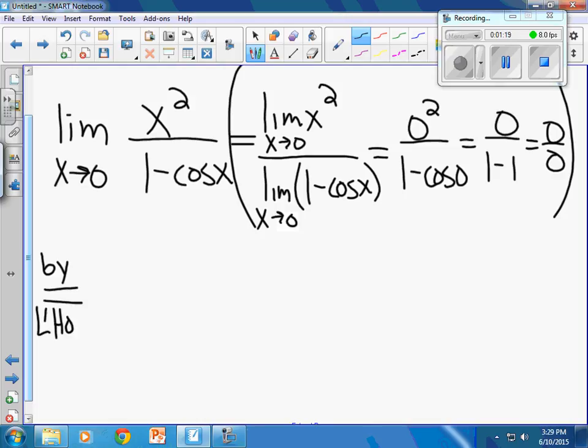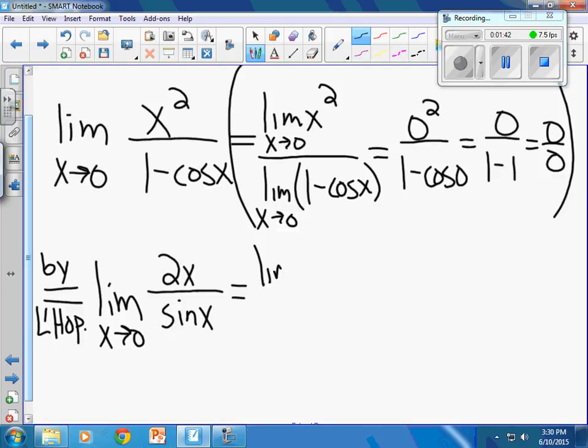X squared and 1 minus cosine of x are both differentiable functions. So we may use L'Hopital's rule. L'Hopital's rule says you take the limit of the derivative of the numerator, in this case 2x, divided by the derivative of the denominator. In this case, that's going to end up being sine of x. Now we try the quotient rule again. So the limit of 2x as x goes to 0 divided by the limit of sine of x